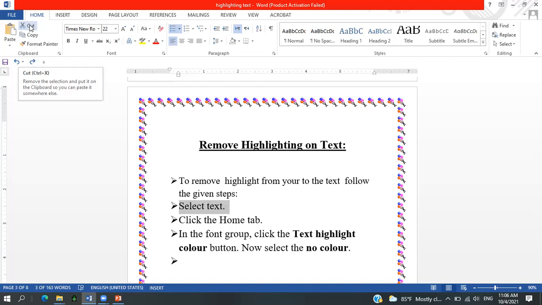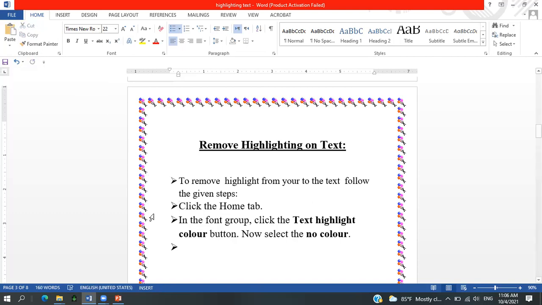So I can go for this cut option. You can see my text has gone. Let's suppose I want to put it over here. So I will go again for the paste option. I'm not making a copy, I'm moving my text. Remember, my children. So I paste this. Now the selected text has moved over here. So this way you can move your text using the cut and paste option.